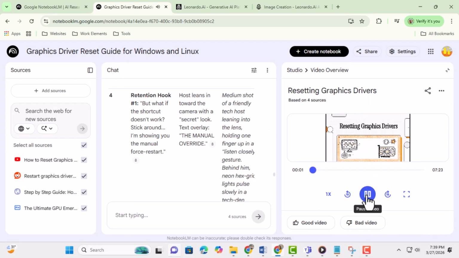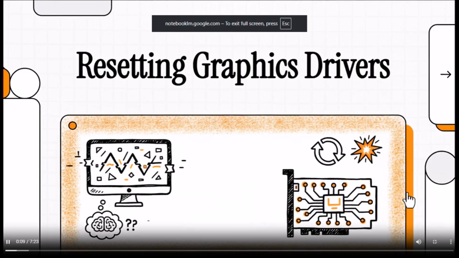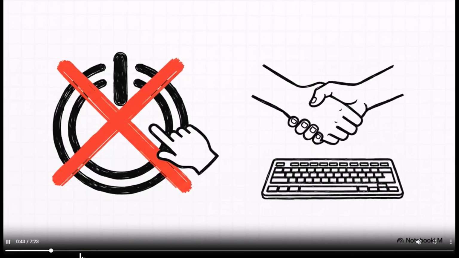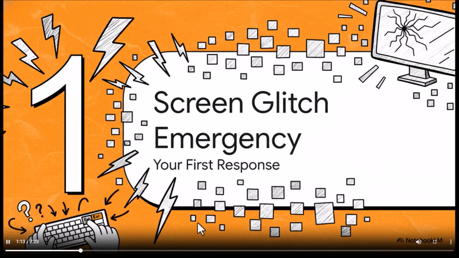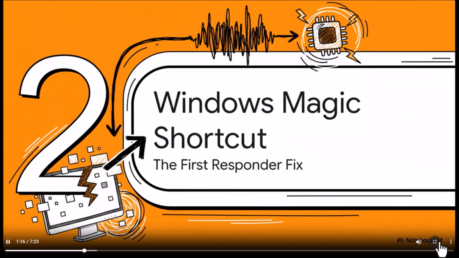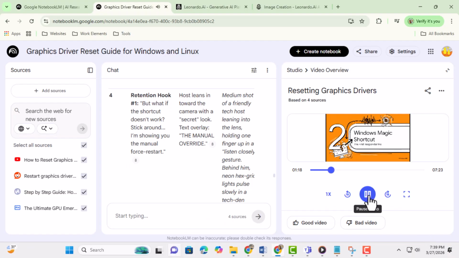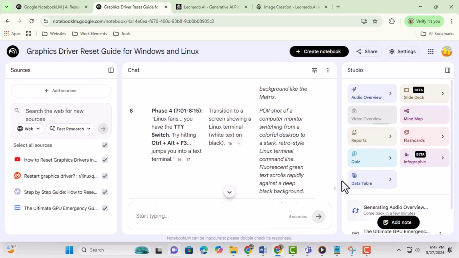Welcome to the Explainer. So let's talk about that moment of pure PC panic. You know the one I'm talking about. Your screen starts to glitch, it freezes solid, or maybe it just goes completely black. First move should be a very special keyboard shortcut. Seriously, this one little trick is an